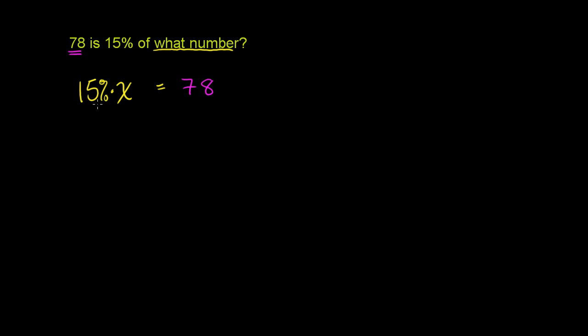Now, 15% mathematically, you can deal directly with percentages, but it's much easier if it's written as a decimal. And we know that 15% is the same thing as 15 per 100. That's literally per cent. Cent means 100, which is the same thing as 0.15. This is literally 15 hundredths. So we could rewrite this as 0.15 times some unknown number x is equal to